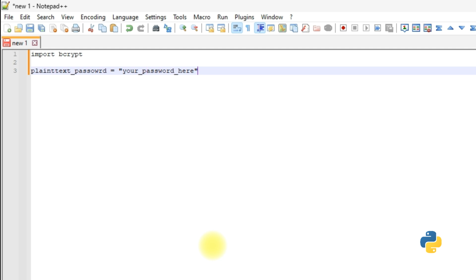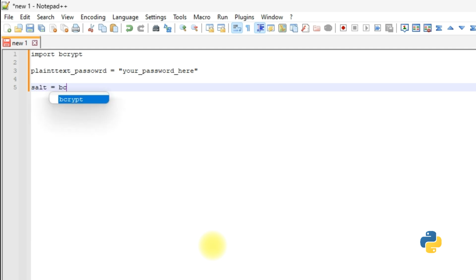The next step is to generate a salt. A salt is a random value added to the password before hashing it to ensure that the same password doesn't always produce the same hash. salt = bcrypt.gensalt()